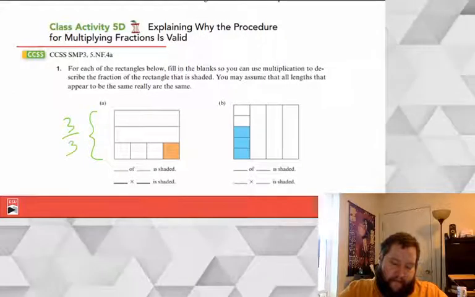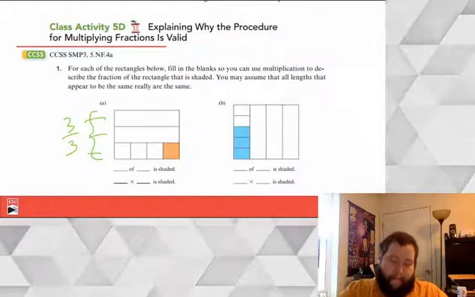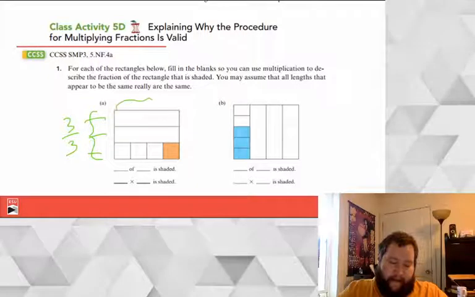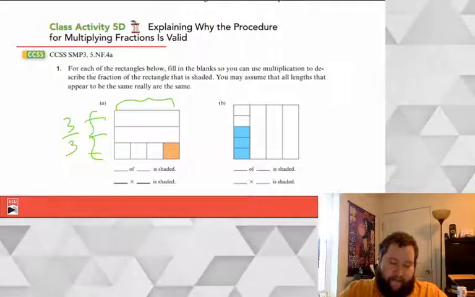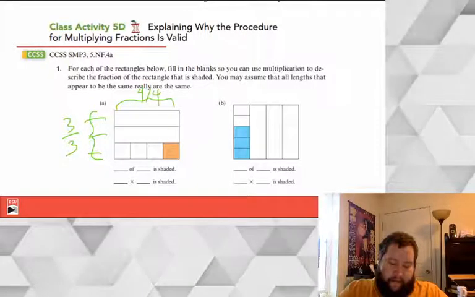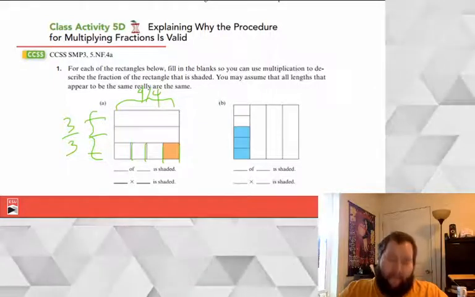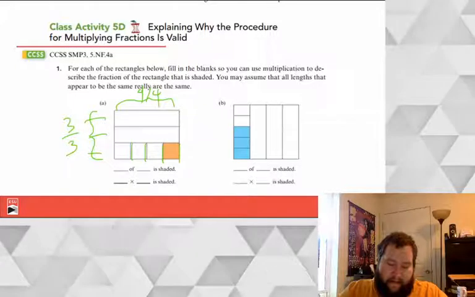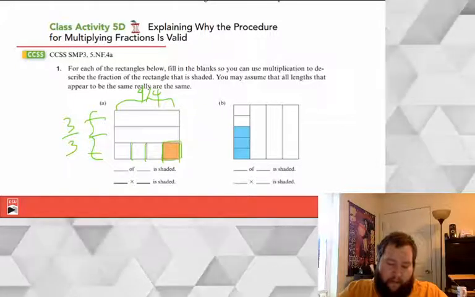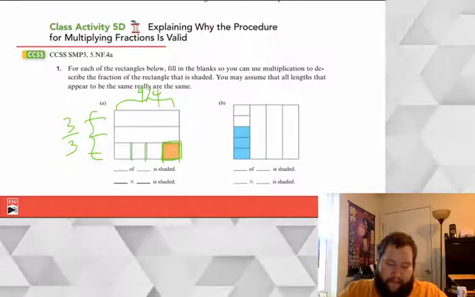I have 1, 2, 3 of them. But if I look at it this way, I have fourths: 1, 2, 3, and 4. And so what's shaded is 1/4, 1, 2, 3, 4, 1/4